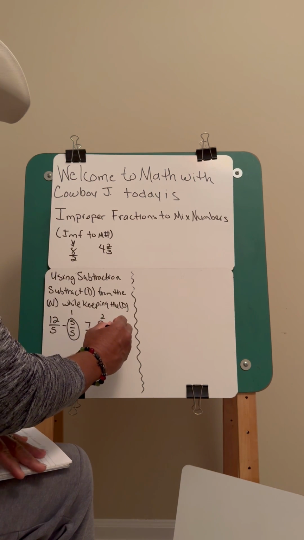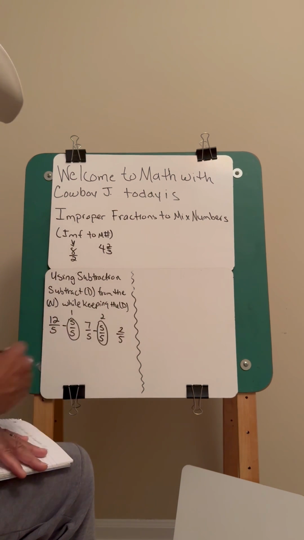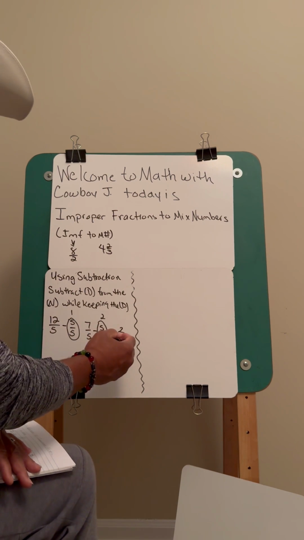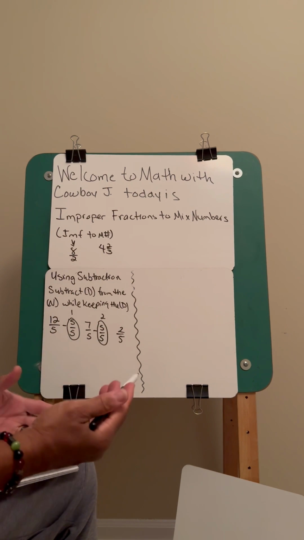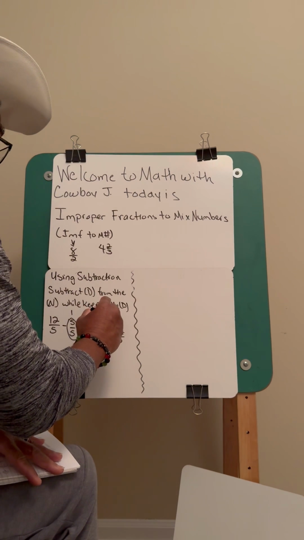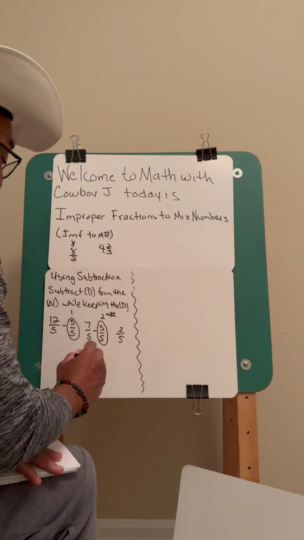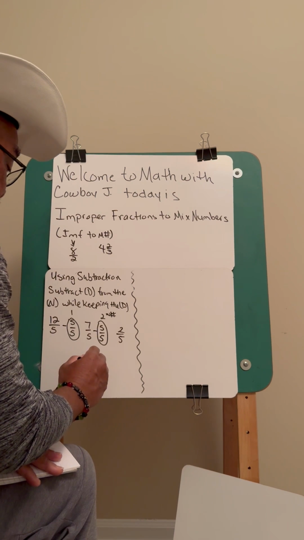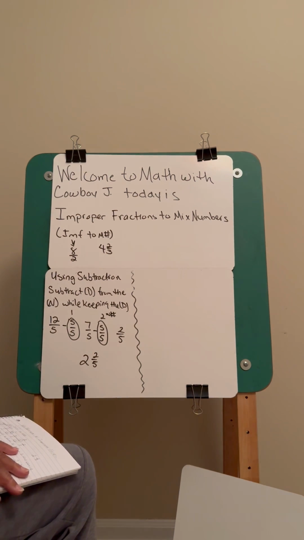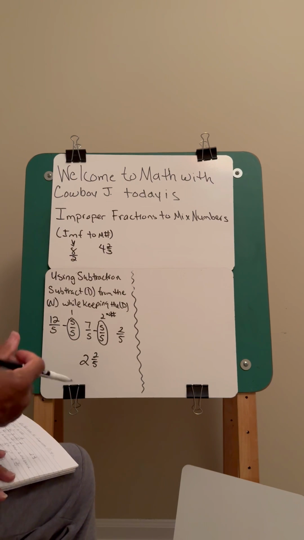Seven minus 5 is 2. Is 2 bigger than 5? If the answer is no, I can't subtract no more. Here's my whole number. Here's my fraction. Bam. Now, if it was division,